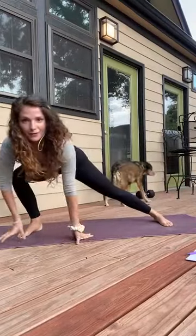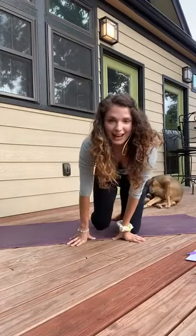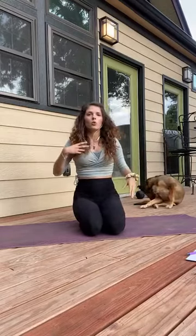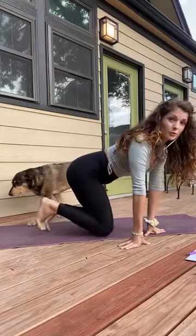Nice, coming back through this way, and then I'm going to come down into a seat. You can lower one knee at a time, and we can come to a nice cross-legged seat or a seat on the knees. Okay, so we're gonna do a nice little foot stretch here before we do any